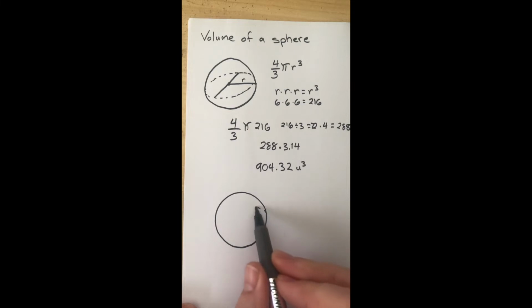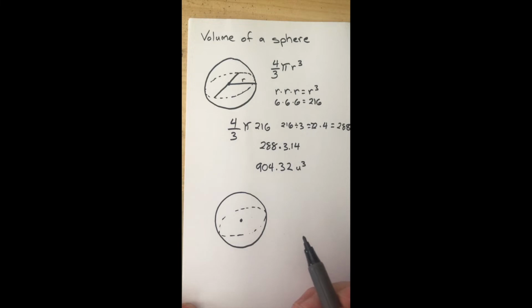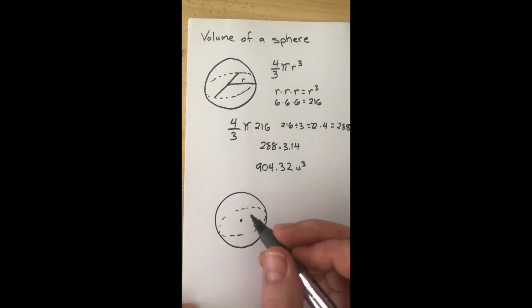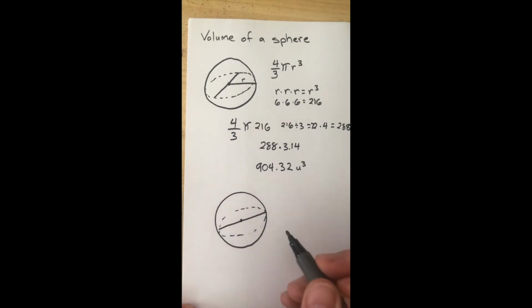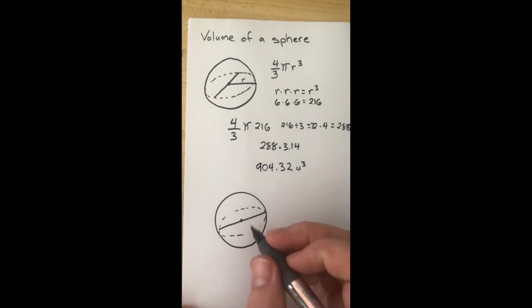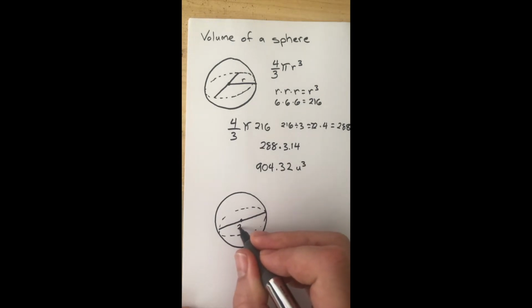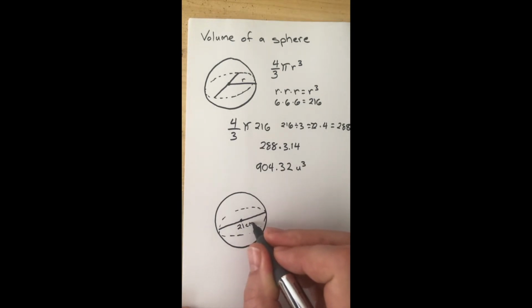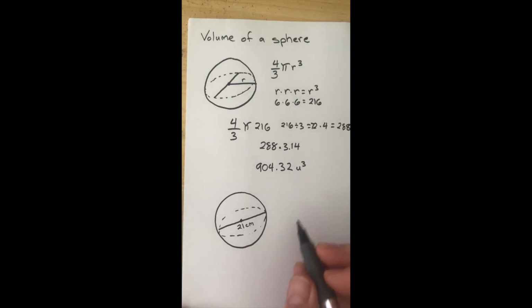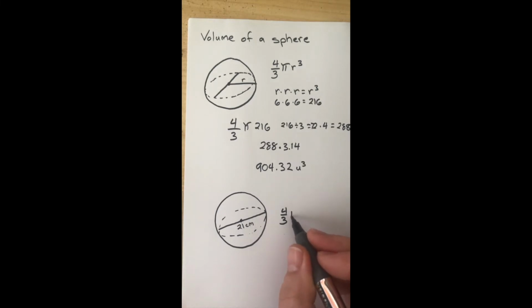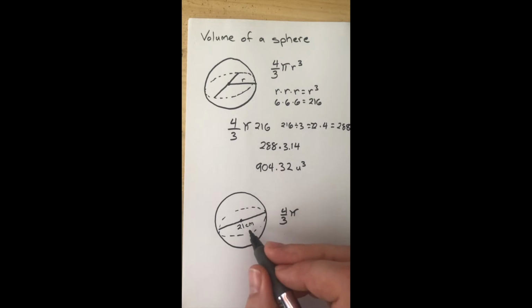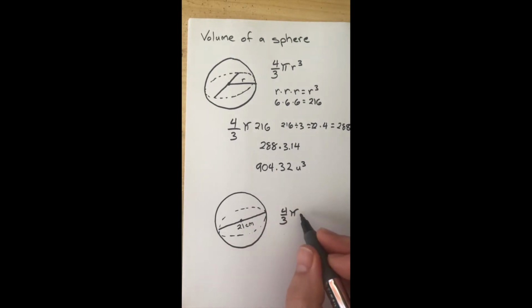Another circle, semicircle, dot in the center. Almost looks three-dimensional. Let's do a full diameter this time, from one side to the other. And let's make this a wonderful 21 centimeters. Okay, so if it's 4/3, I just realized I made this much harder than I wanted to. Pi times the radius cubed. Now the radius is 10.5